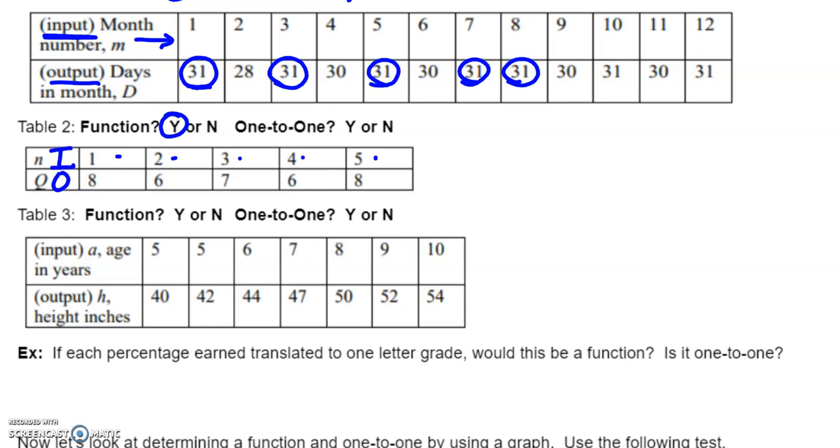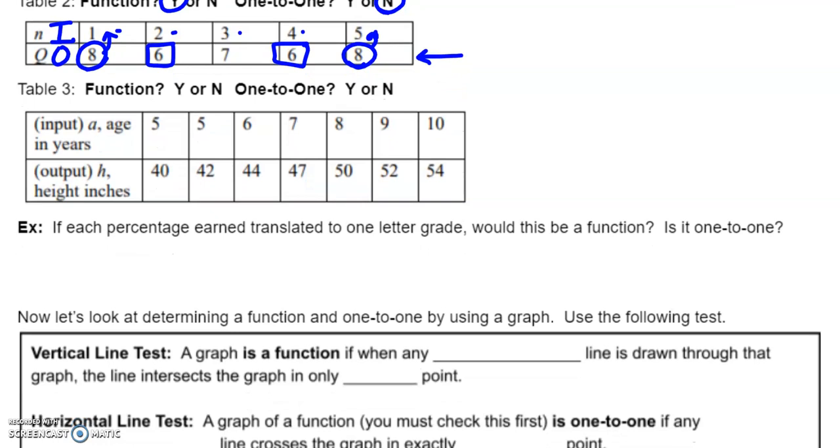If I then turn on the other side now and look at my output values and determine, does every output value have exactly one input value? Well, again, your question should be asked, are these unique? Well, I'm circling the 6's, or actually boxing the 6's and circling the 8's. Notice that you have 2 of the same exact things. Therefore, that kicks out. 8 can't go to 5 and 1 at the same time. It can only go to a single number in the x. Therefore, this again is not one-to-one. The next function works about the